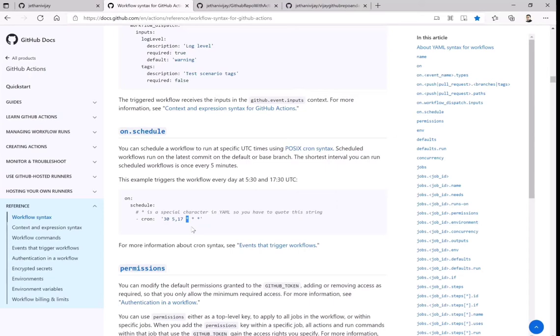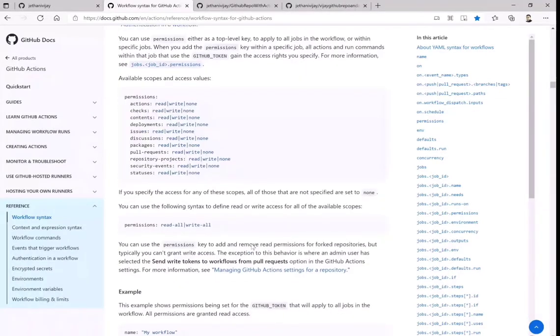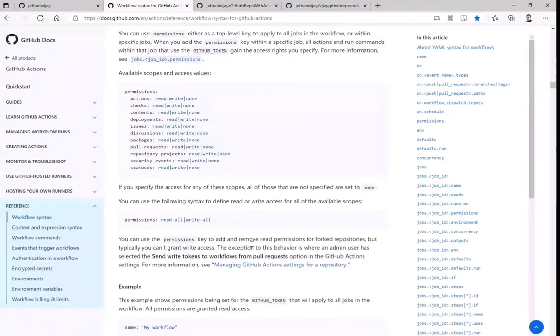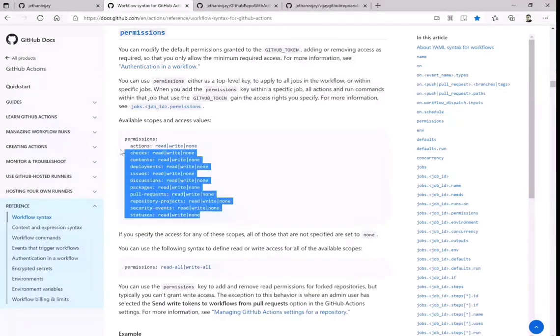This follows exactly the same crontab or scheduling terminology we have been using before with Unix and Linux systems. So while you run this, you can also specify these specific scopes.